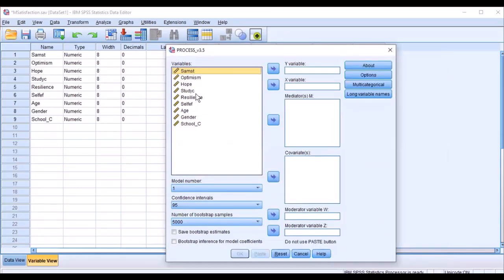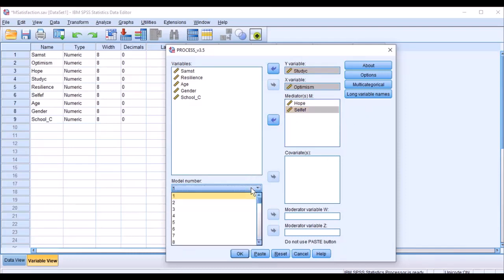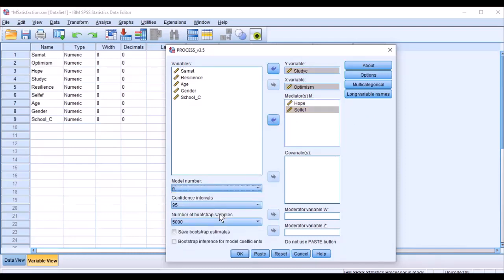So here, for example, this is my dependent variable Y and the independent variable X. If I have two mediating variables, I will simply select model 4, and if I have